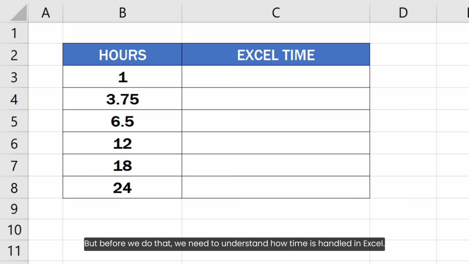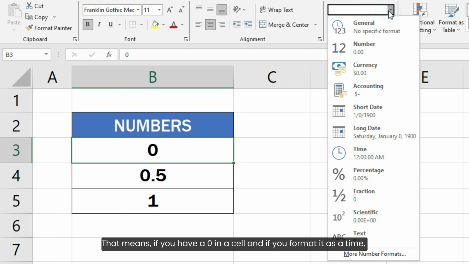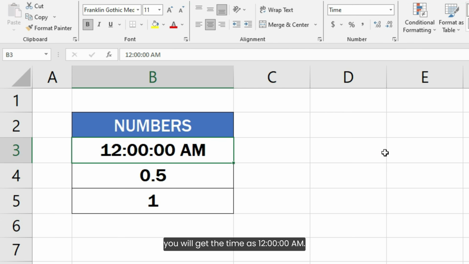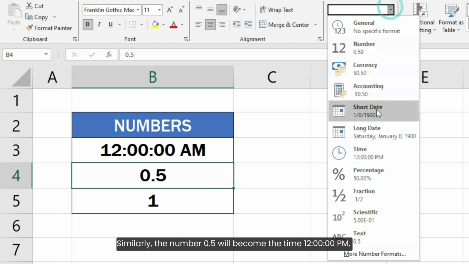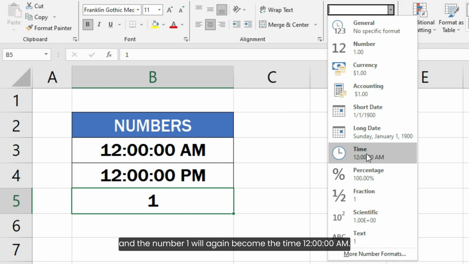But before we do that, we need to understand how time is handled in Excel. Excel stores time as a fractional value of 1 day and it is represented by a decimal value between 0 and 0.9999. That means if you have a 0 in a cell and if you format it as a time, you will get the time as 12 am. Similarly, the number 0.5 will become the time 12 pm and the number 1 will again become the time 12